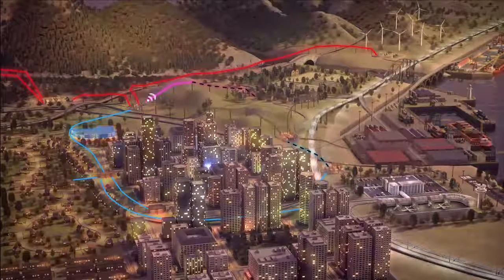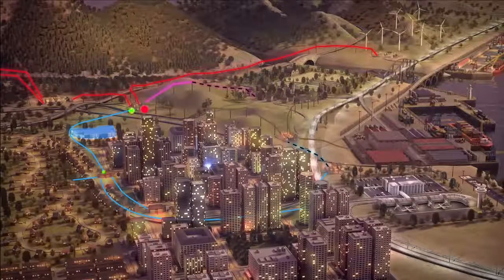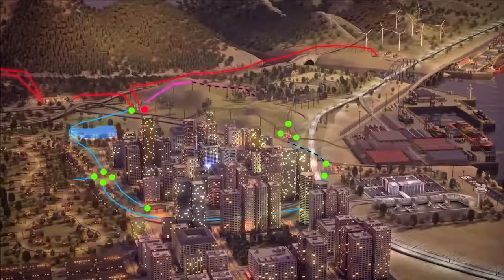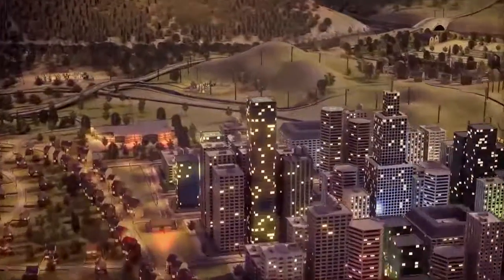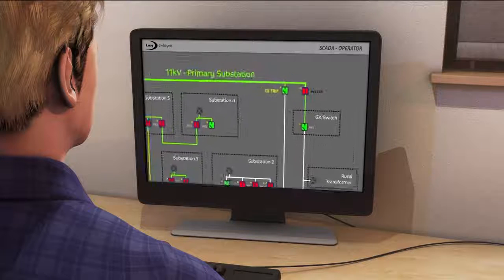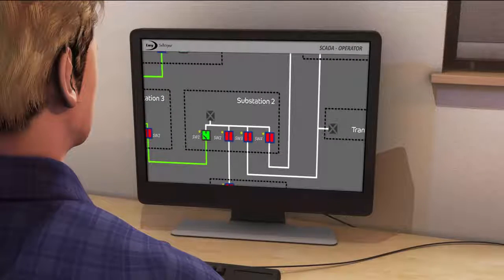The SCADA system receives notification of the circuit breaker trip, then uses the fault passage indicators positioned around the network to determine where the fault has occurred. In this case, the fault passage indicator at substation 2 has not tripped, so at the remote SCADA data center, the operator is informed that the fault must be somewhere on the line between the primary substation and substation number 2. The operator can now use the Lucy switchgear SCADA system to isolate this area and reroute power to customers